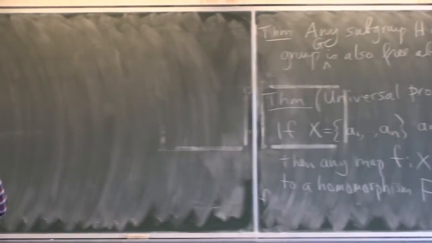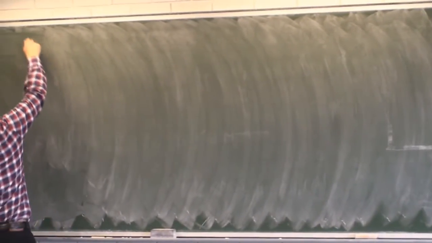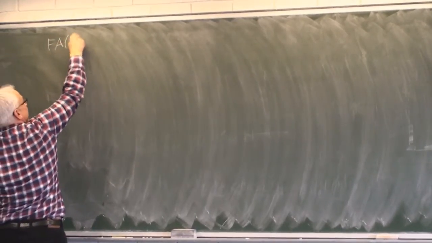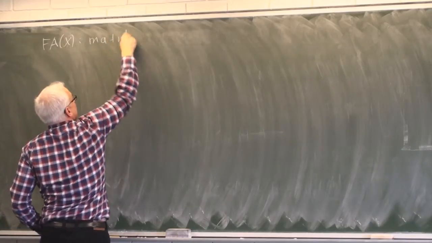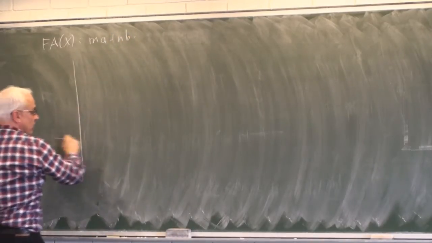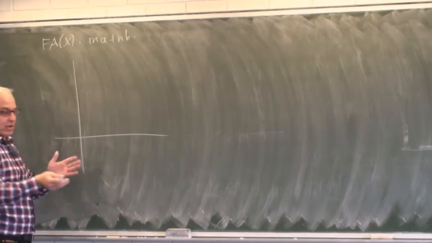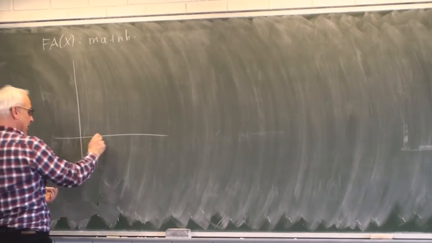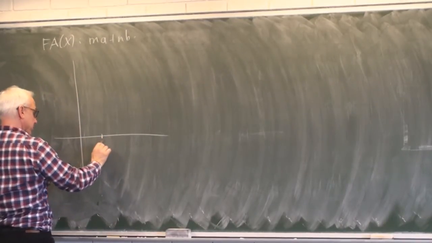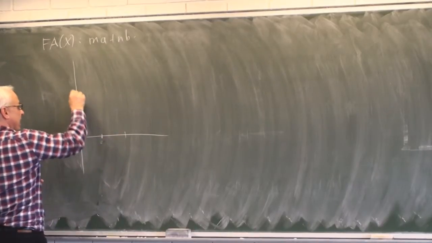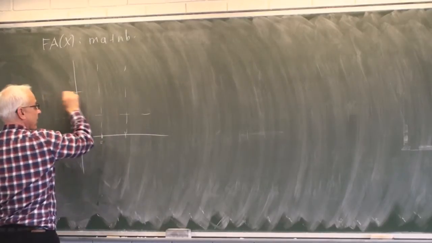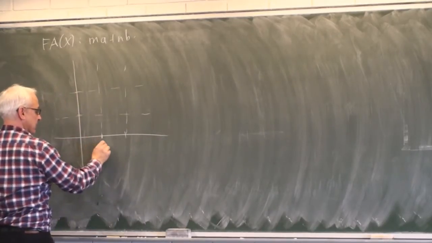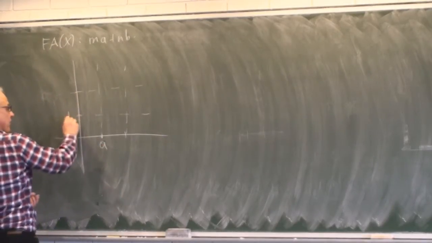I'm going to try to draw a picture of that a little bit. So let's draw a picture of that story. I'm going to try to draw a picture of f of a of x, a picture of the group whose elements are ma plus nb. I'm just going to think of this as being some two-dimensional lattice like Z plus Z. I'm just going to take the ordinary plane with the standard integral lattice. And I'm going to think of this point, say, as being A, and this point as being B.